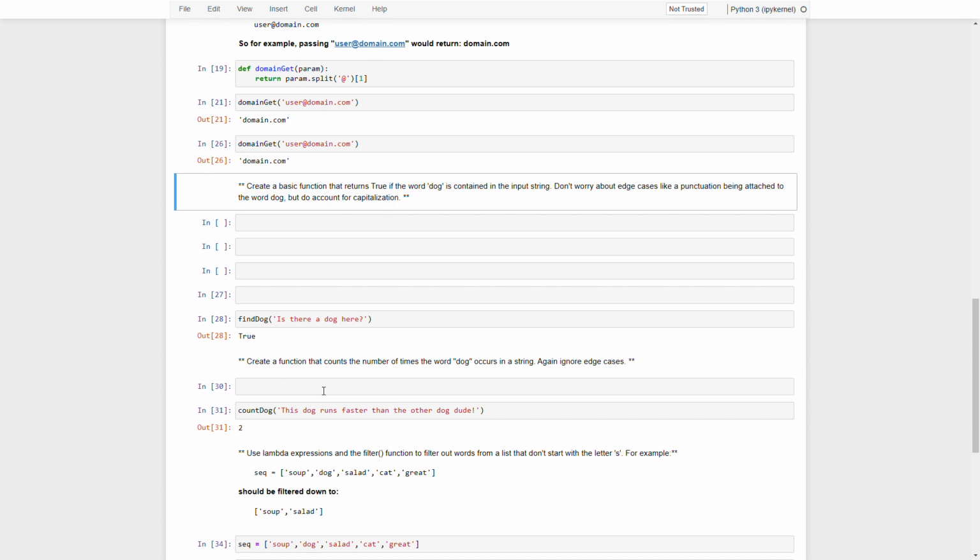Next up, we have to create a function that returns true if the word dog is contained in the input string, like this. We have to create a function with the name findDog and we will pass in a string. If the word dog is within that string, it will return true. So let's start by defining the function, naming the function findDog, pass in the parameter